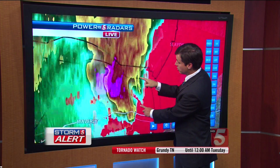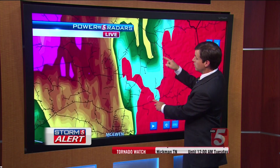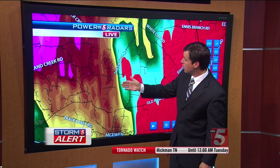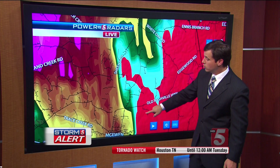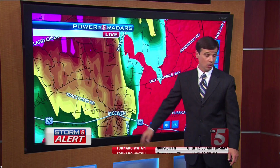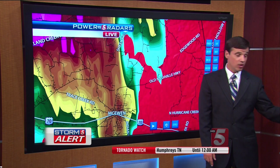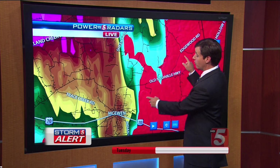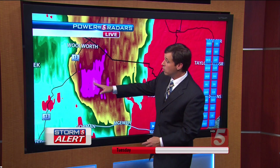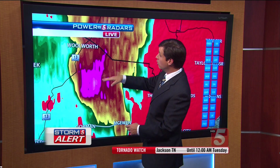But right now, the center of circulation is right down here in the northeastern corner of Humphreys County. I'm going to zoom in and show you some of the roadways. Old Nashville Highway, Sheehy Road, White Oak Road, north of McEwen. But that circulation went right across McEwen here, and we're looking for reports from anywhere in this area that would be reported to the Weather Service. We should get some information pretty shortly of the storm as it passed through there. There's your hail core. This is going to be passing along just east of Highway 13 near Woolworth. We'll be crossing up